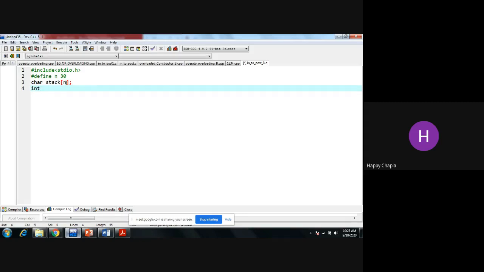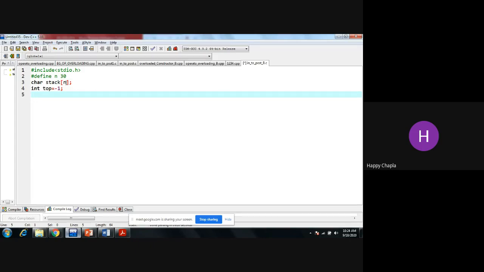And I need to give top equal to minus one. Why am I declaring these variables globally? Because with global declaration I don't need to declare those elements every time, and I am referring to the same value every time in every user defined function. Okay, that's why.